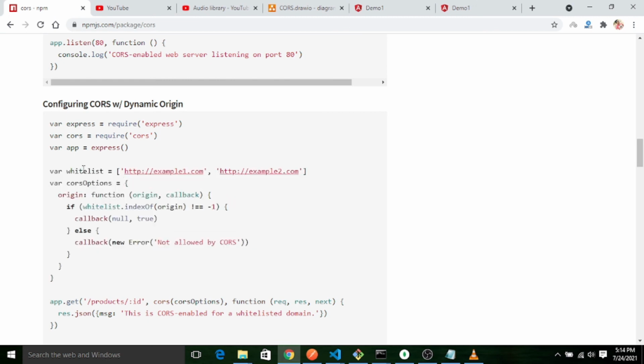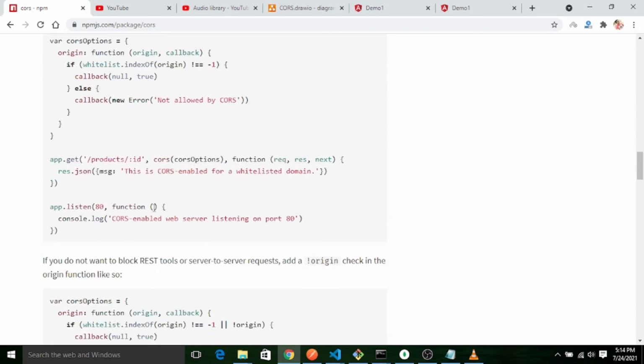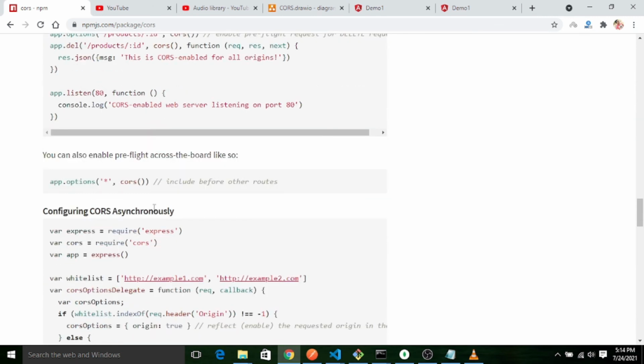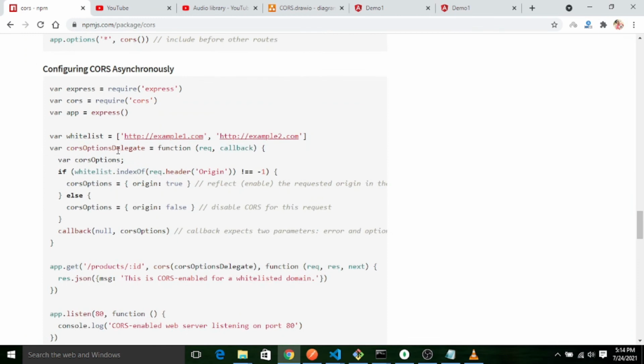You have to just declare the whitelist and allow like this, dynamically or asynchronously. You can take all the domains you want to allow in the array and pass it inside the CORS middleware.